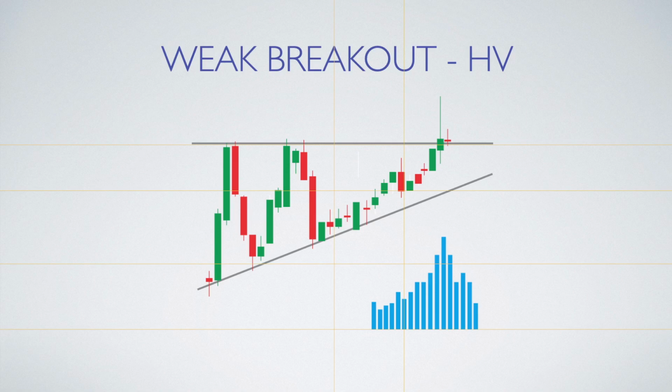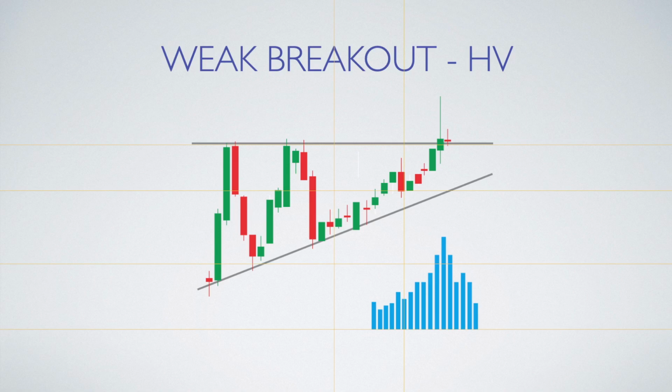So what you can see when we talk about the OPEX week and how the price is moving up and it's moving down and it's really choppy and it's all over the place, that is from buying and selling, but it's also from the market makers moving it around and trying to suck premium out. If you look on the chart right now, that weak breakout, if our volume was low on this breakout,